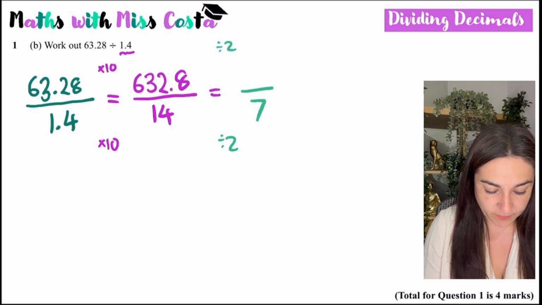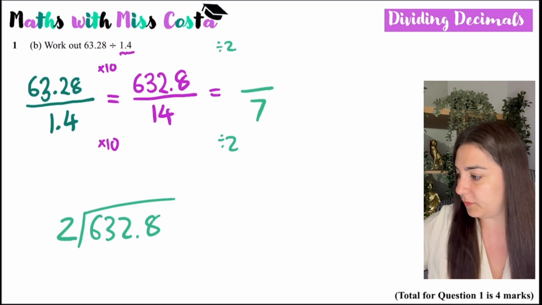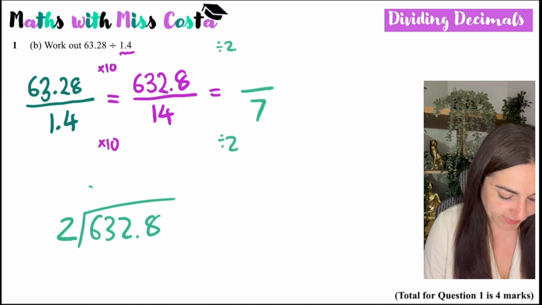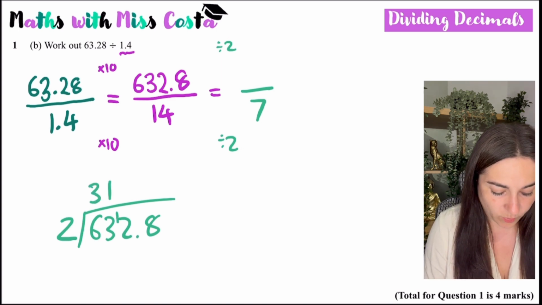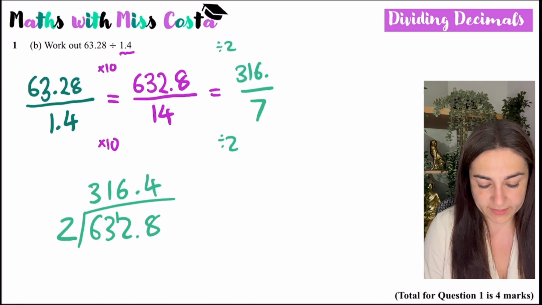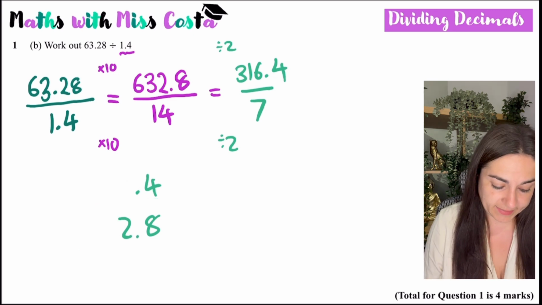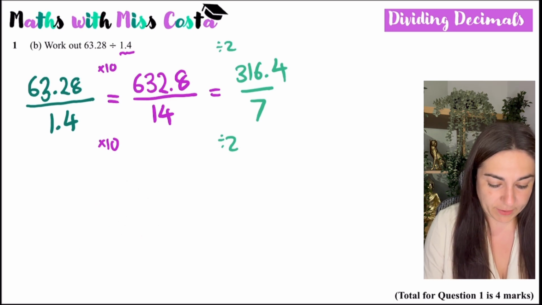So if you're not confident with what 632.8 divided by 2 is, you could quickly use the bus stop method. So you've got 2's into 6 go 3 times, 2's into 3 go once, remainder 1, 2's into 12 go 6, 2's into 8 go 4, so that would be 316.4. And then you've got yourself a really nice calculation, which is